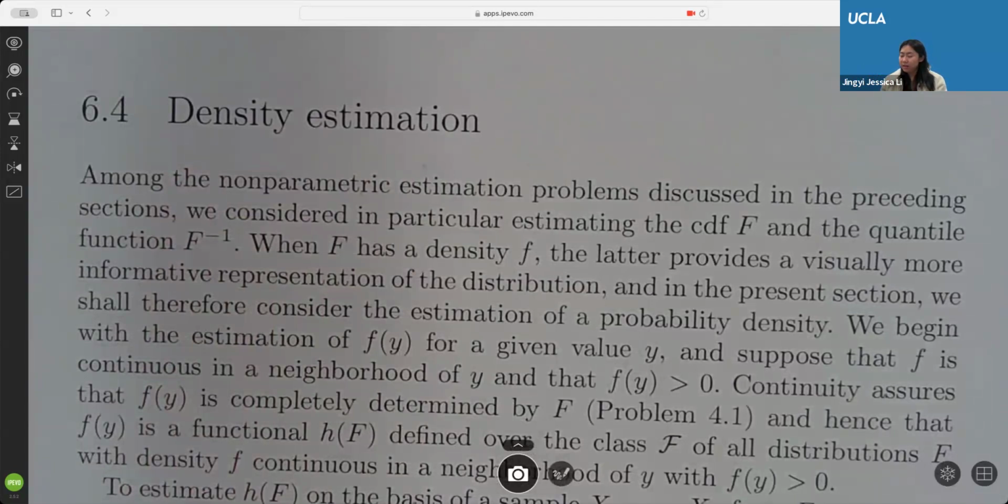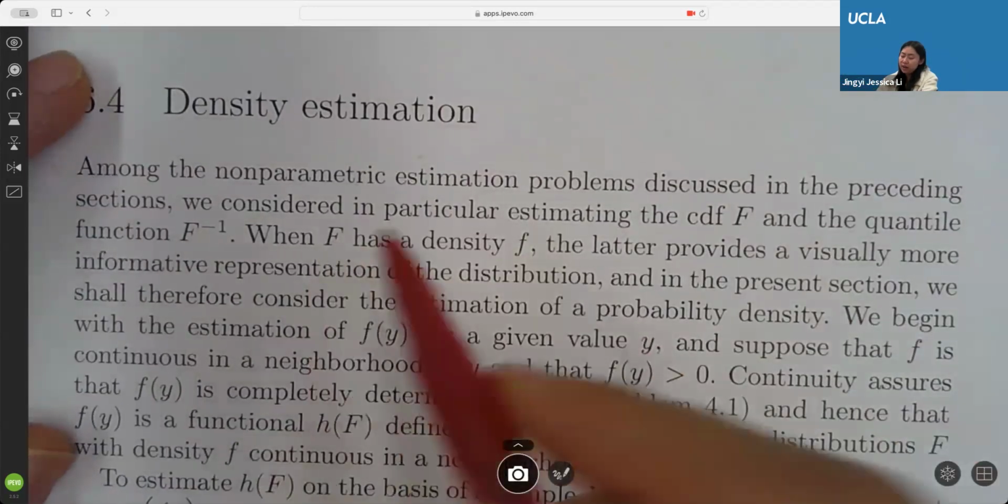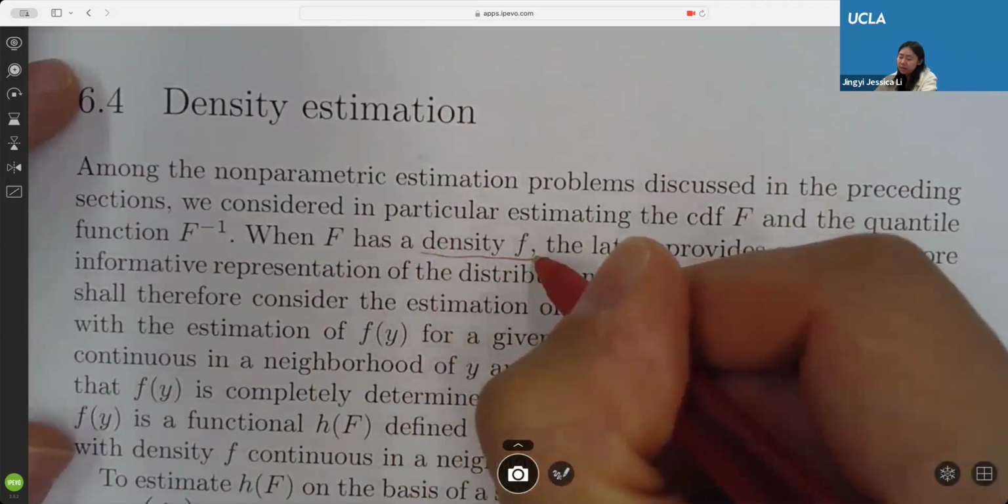I would say density estimation is probably one of the most widely used non-parametric estimation methods in practice. For example, if you have a one-dimensional sample and want to plot the density in R, you can easily do that. Basically, a histogram is a form of density. You can also have the kernel density, a smooth curve. These are what we use for exploring our data to see where the data is mostly concentrated, the mode. Okay, so when the true CDF is continuous and has a density small f,